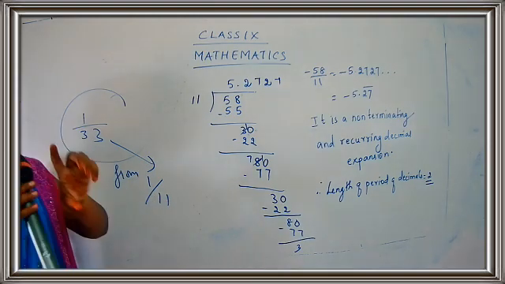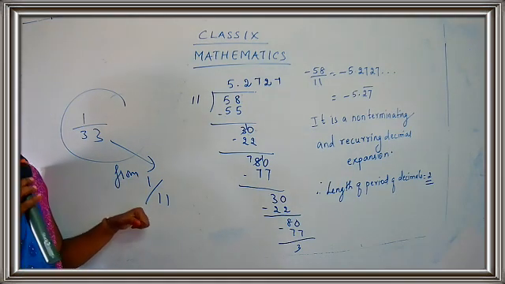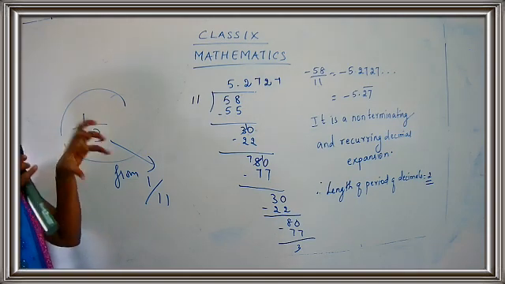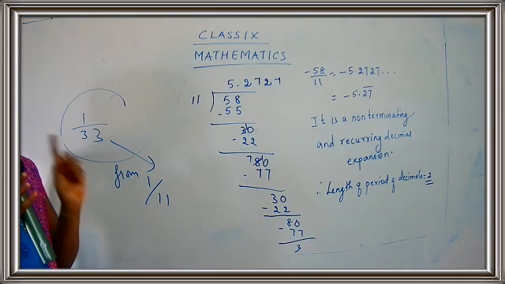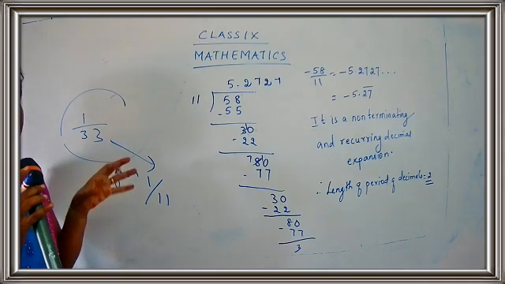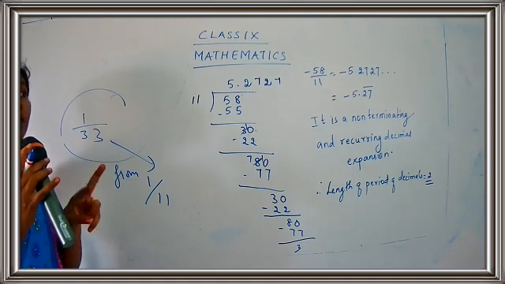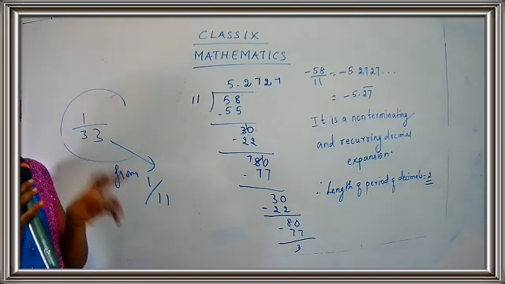So first, what is the thing you are going to do? You have to find 1 upon 11. After finding 1 upon 11, we have to find 1 upon 33. So here they have just given a statement. So you have to be very careful with the statement. Read the statement carefully. Understand and just think what to be done first, because your two rational numbers are given in the first statement itself. Okay, I'm just talking about the first statement.